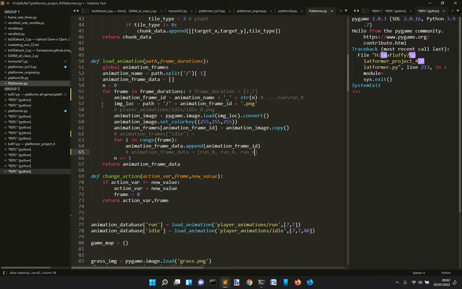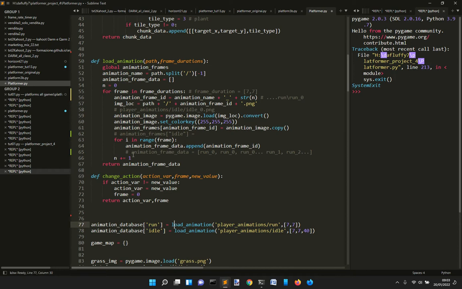When it does the second time, because it has the numbers here, this will go on for 7 times, and then will be run 1, run 1, run 2 for 7 times. We return this, and so let's go back where in this animation database, under the key